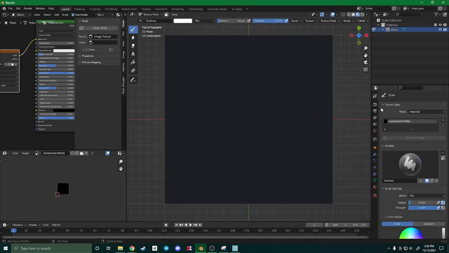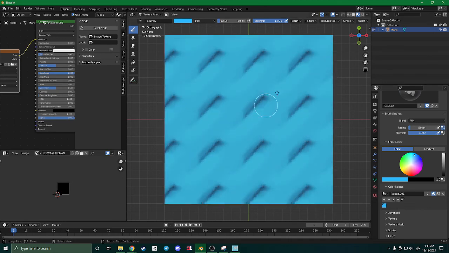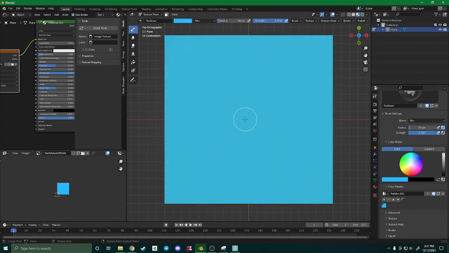And this is some of my favorite bits in Blender, the color palette. So let's say I wanted this kind of blue, and I want to make sure I have that blue again, just in case I don't want to do a certain thing. As you can see, it will allow me to tile that, which is probably the best aspect of this entire thing. So I can then grab this lighter blue. I'm going to very heavily decrease the size of my brush. I said decrease, not increase. And I'm just going to kind of